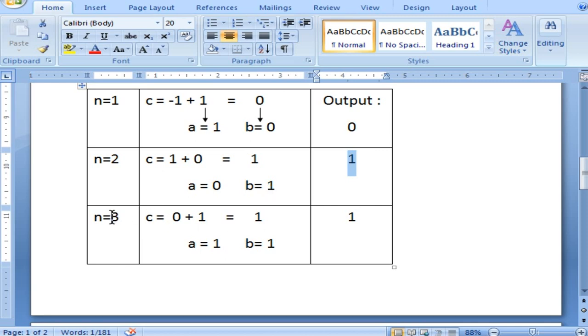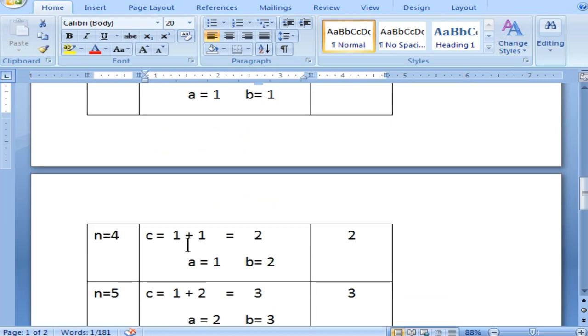Next, when n becomes 3, a value is 0 and b value is 1, that is added and stored, that will also be 1, so that is the third term. Now you are going to replace a with the b value, that is 1, and b with the c value, that is also 1. The next term, when n equal to 4, becomes c equal to 1 plus 1, that is 2. So this is the fourth term you are going to get, that is 2.